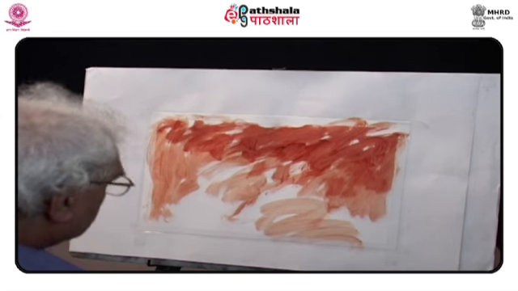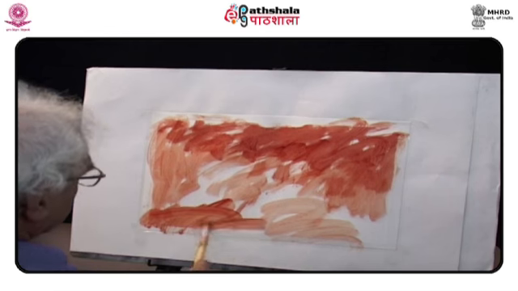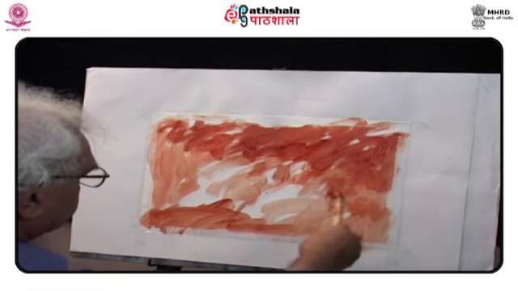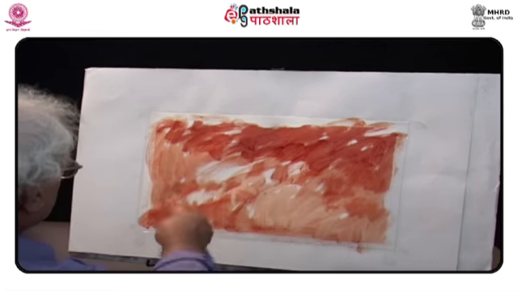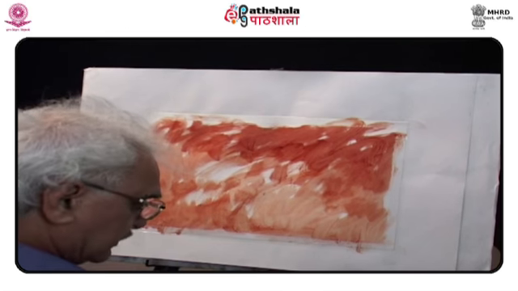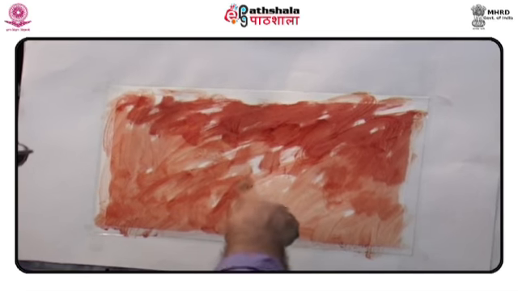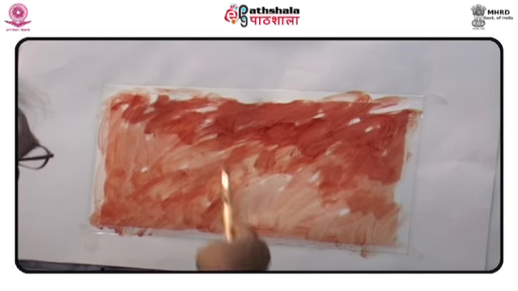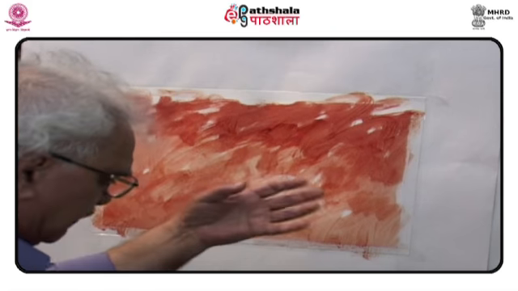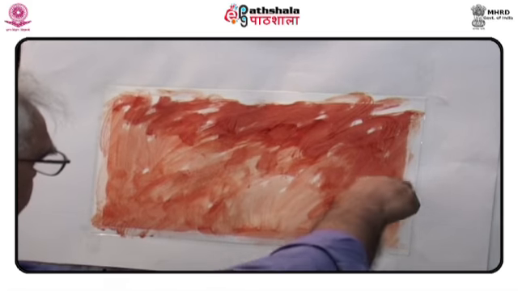I can totally cover the layer as per the demand, or let it peep from under the other colors.